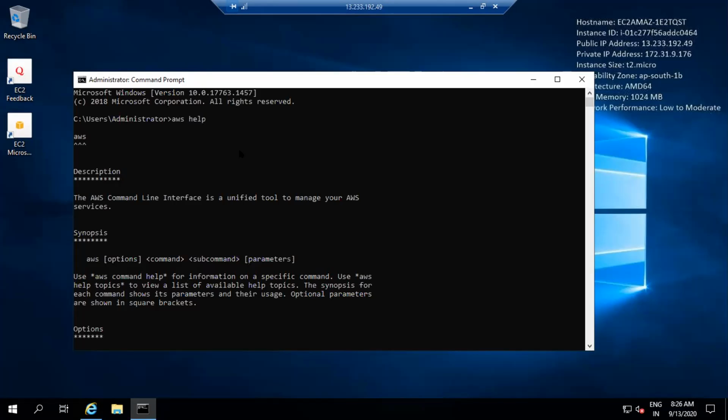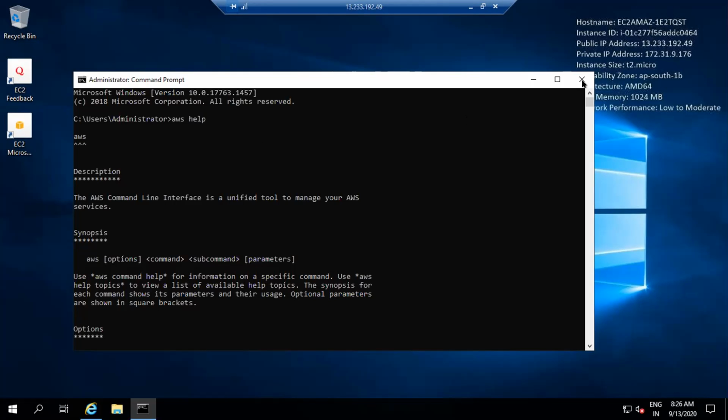Did you put a space between aws and help, Shweta? Yes. It says aws is not recognized as an internal or external command. That means you have not installed the AWS CLI software.